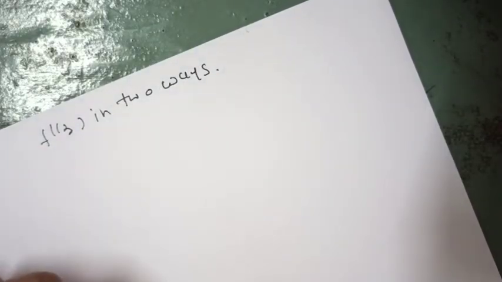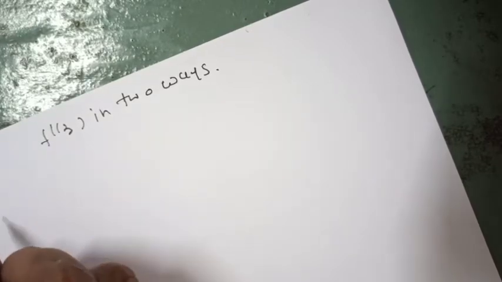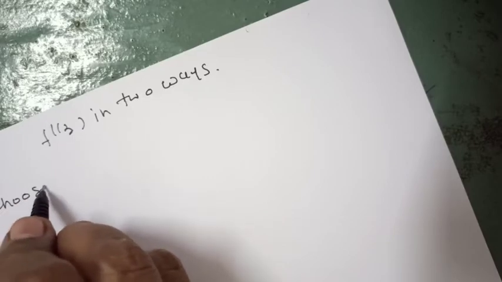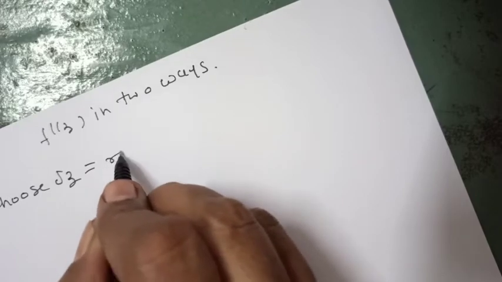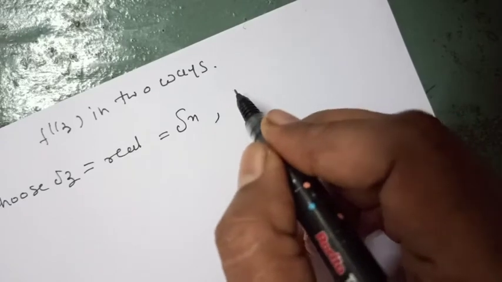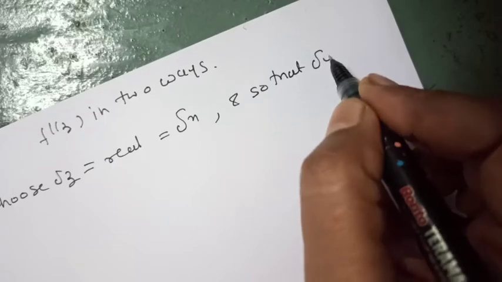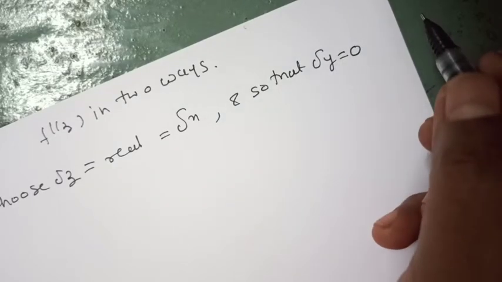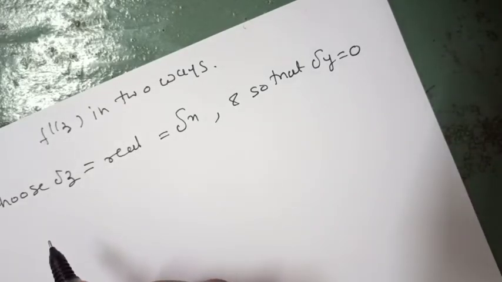so that case 1, choose delta z equal to real, that is delta x, and so that delta y equal to 0, because it is a constant. Then equation 2 becomes